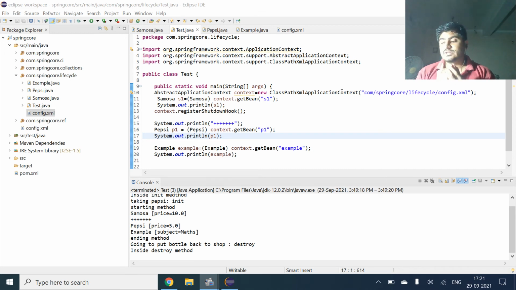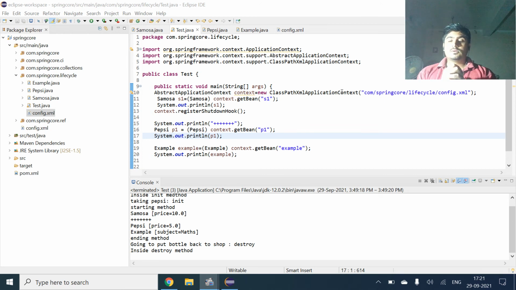So that's why we use that reference. So first, this method can be used manually. Now second comes automatically, which is basically done by the Spring container automatically.